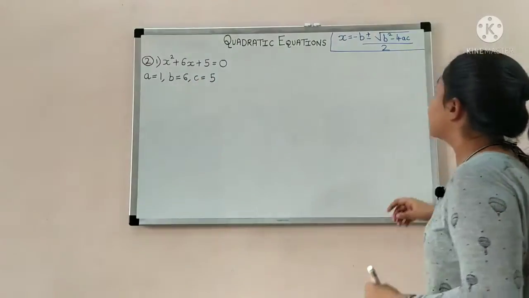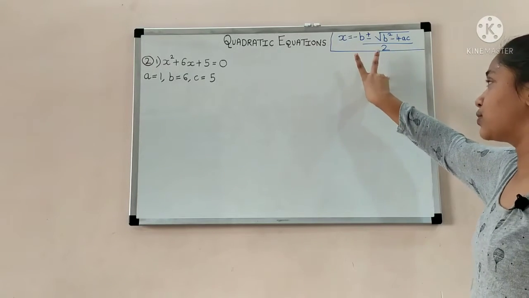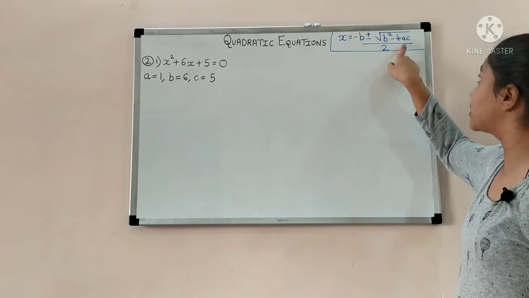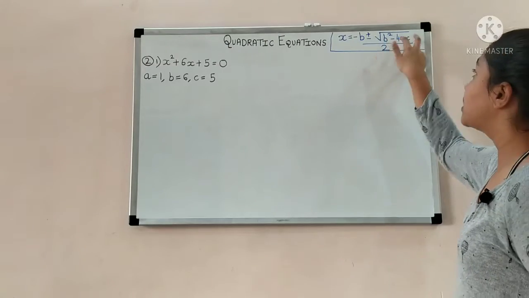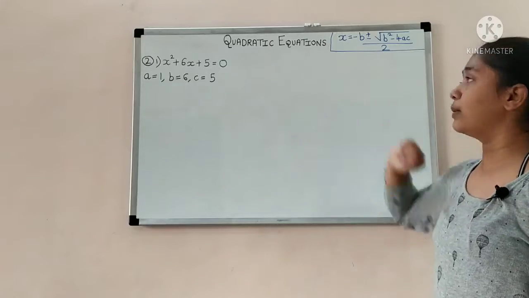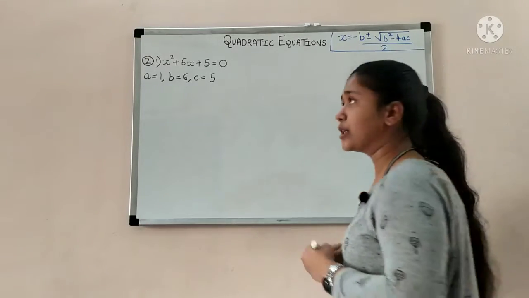Now in the formula, can you all see we have to find b square minus 4ac. So there are two types of students. जो डायरेक्टली फॉर्मूला में सब वैल्यू सब्सटीट्यूट करते हैं और b square minus 4ac भी वहीं पे सॉल्व कर देते हैं. And the second thing what we can do is calculate b square minus 4ac first and then substitute that in the formula. So I will suggest you that first find b square minus 4ac.